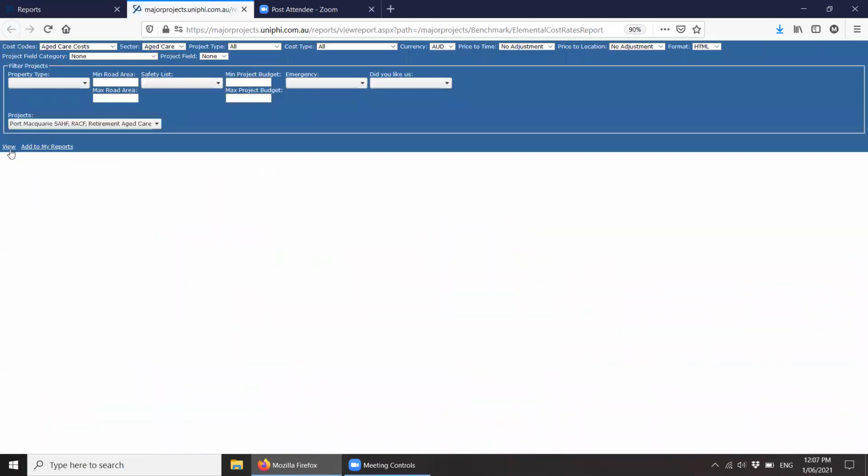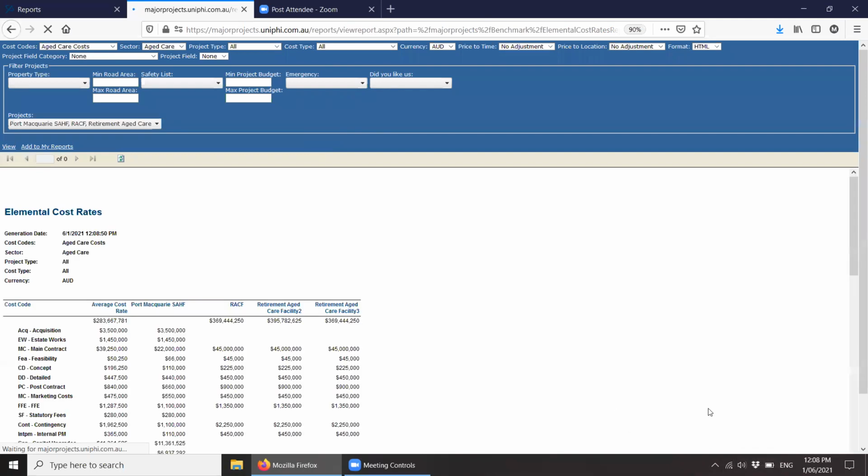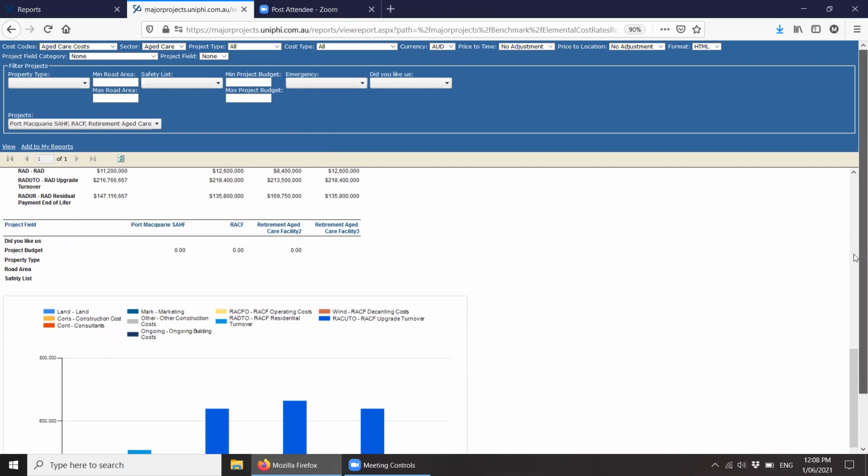I'm just going to click view straight away. There'll normally be either 2 pages, or at the bottom of each of these, there'll be a graph. And so you can see here,